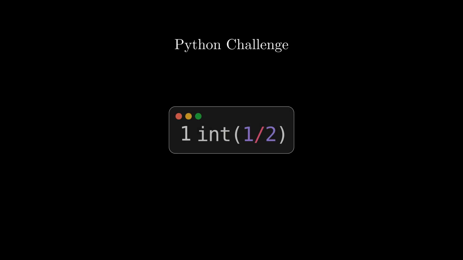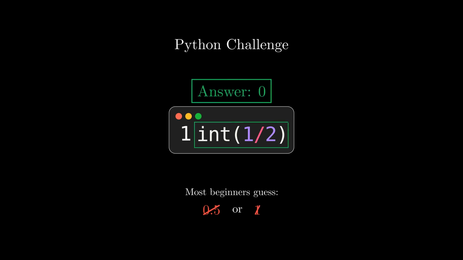Here's a deceptively simple Python challenge. Convert 1/2 to an integer. Most beginners guess 0.5 or 1. The answer is 0. And the reason why reveals everything about how Python evaluates expressions. By the end of this video, you'll predict not just the value, but the type of any arithmetic expression you